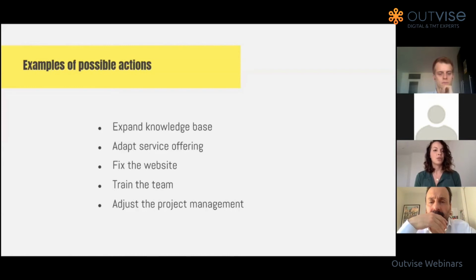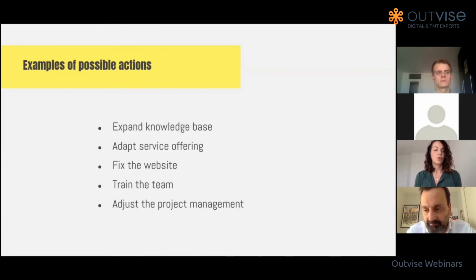Also, you can fix the website if you find that something is not working in the proper way, not the way you expected, or you are getting feedback from customers that they were not satisfied with some features or they were missing them. Also, you can train the team. Basically, if customers are not getting the support in the way that they're expecting, or it's not fast enough, you can see it by, for example, those resolved and open issues or tickets, this KPI we talked about. You can understand, okay, my team needs some training, I need to upgrade their skill set.